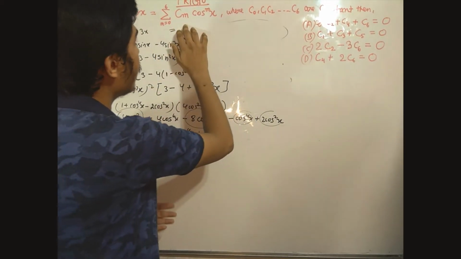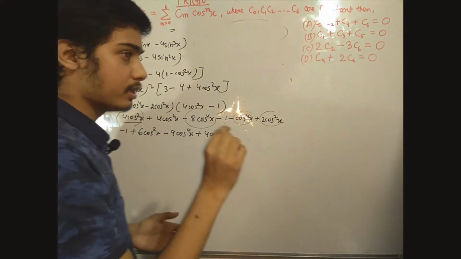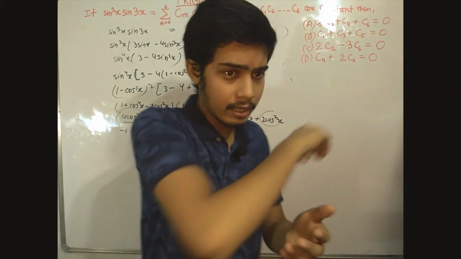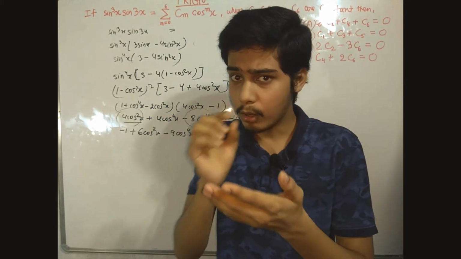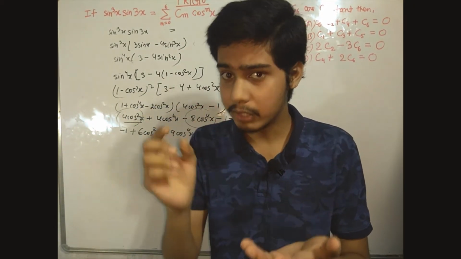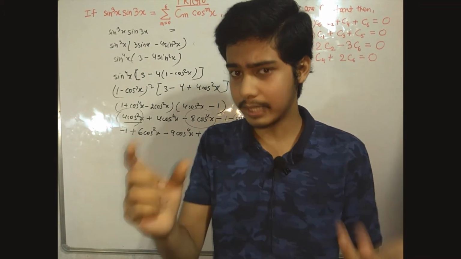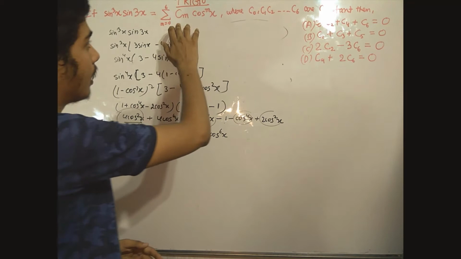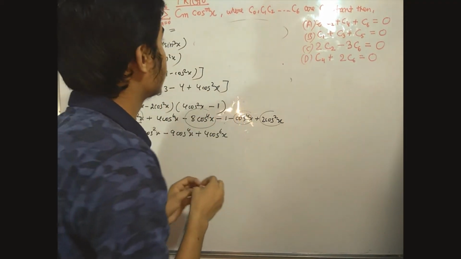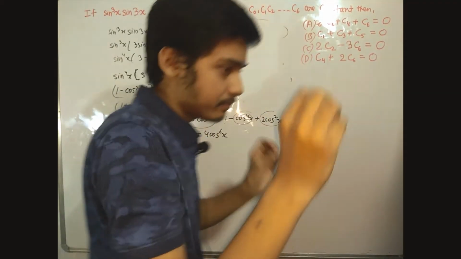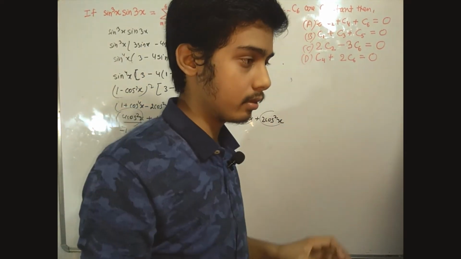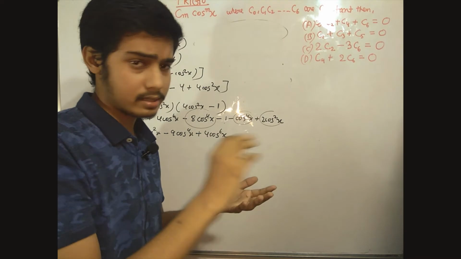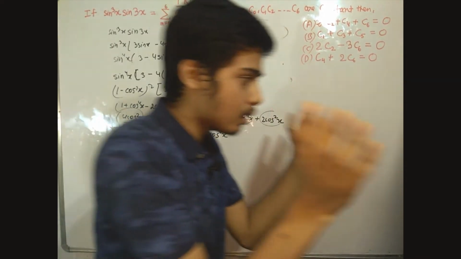We'll put the value of m from 0 to 6: m equal to 0, m equal to 1, m equal to 2, m equal to 3, m equal to 4, m equal to 5, m equal to 6. We'll put the values and then add all the terms. We'll write this term 6 times. In each term, we will put m equal to 0, m equal to 1, m equal to 2, and so on, such that m equal to 6. And we'll add all the terms.